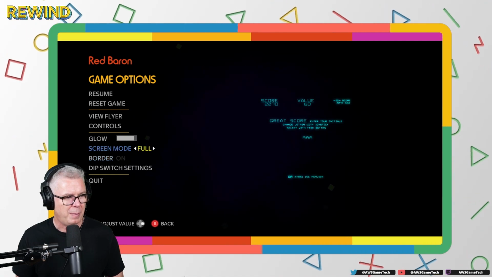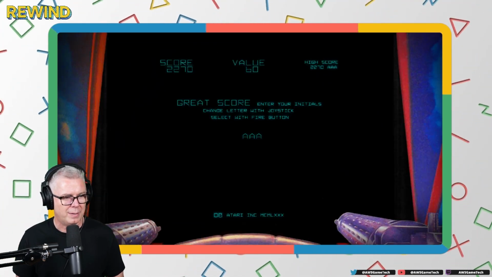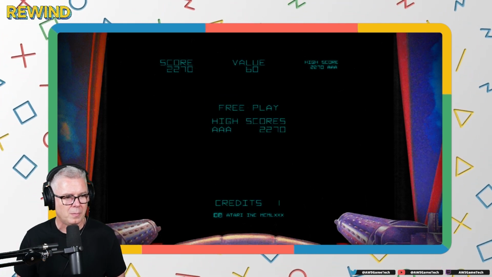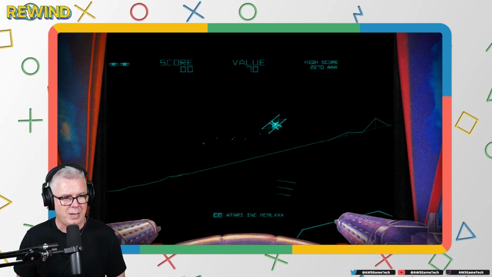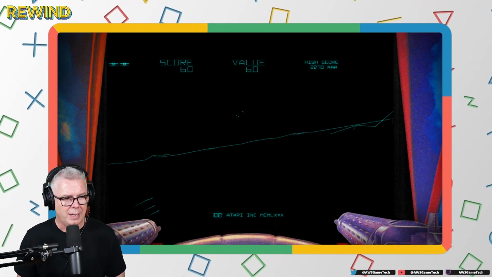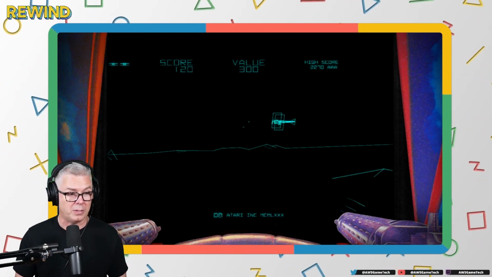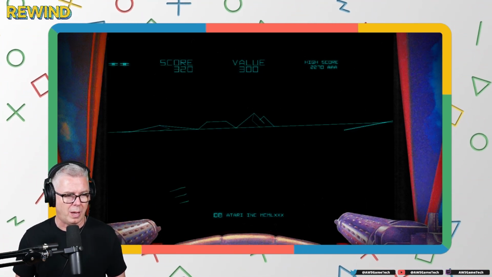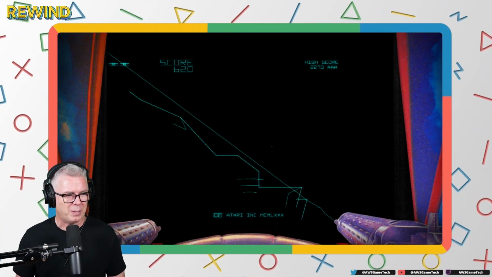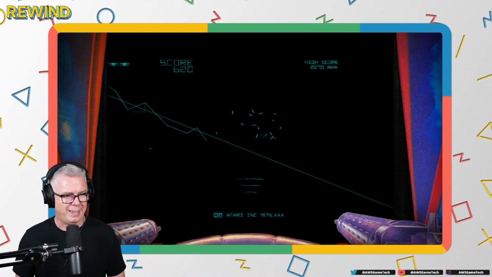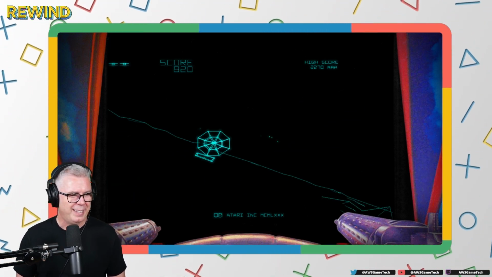Absolutely love it. Make sure that border's on. Make sure that screen is full. And yeah, let's go ahead and see what it looks like now. And let's go ahead and start it there. Yeah, and you can see where the vector lines meet. They're brighter than where vector lines are further apart, right? So where lines overlap, they're brighter. That's the glow that you would get from a vector monitor. That made it so much, just delicious to play.